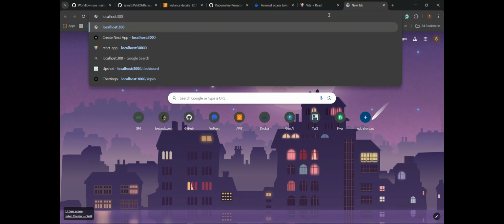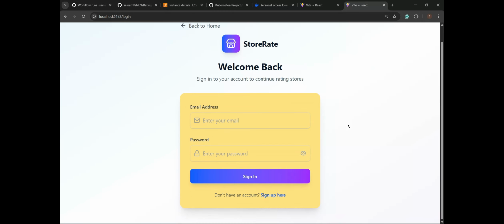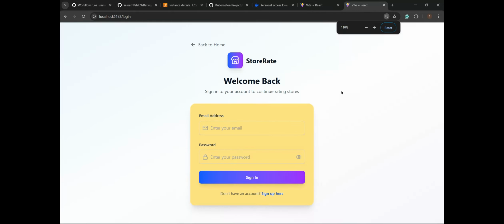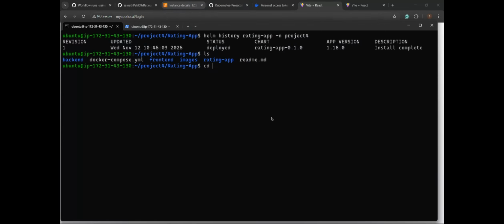So this is running in my local. I want to show you what changes we will make. Our application is looking something like this, and now we'll make it look like this. That is, we will change this color. And for that, come here,